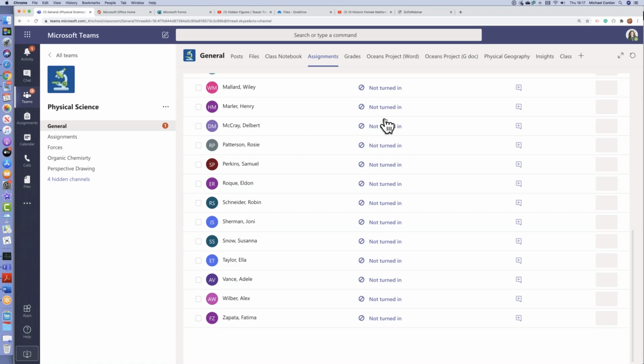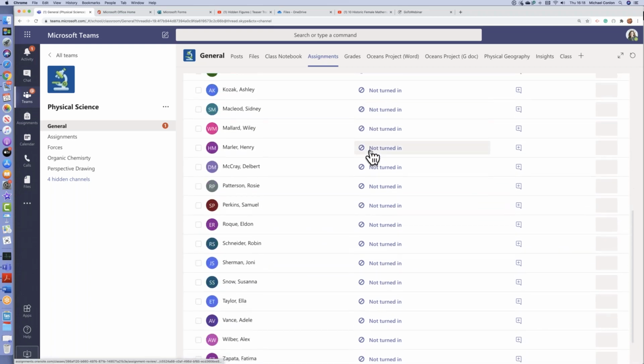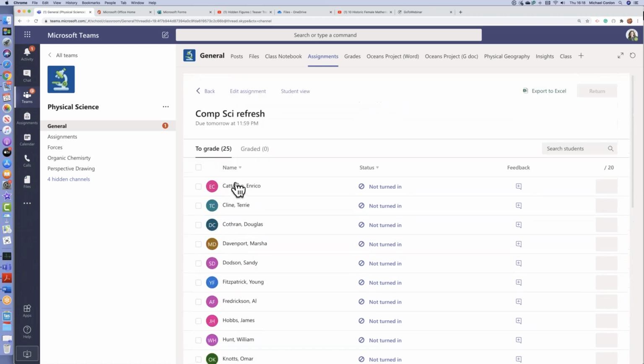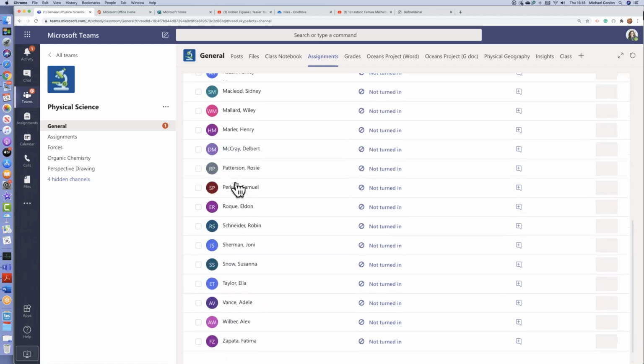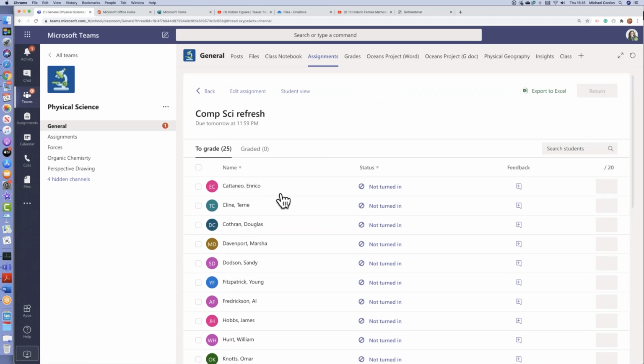So if I go to one of my students, I'm sitting with two computers here. I'm going to get one of my students to send it back to me. I'm going to get them to hand it back in. And I think that came from William. So William has now turned that in, and I can go to any student and see exactly what it is they've handed in response to me.